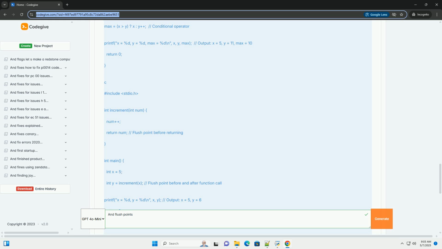Here are the most important situations where flush points occur. End of a full expression. A full expression is an expression that is not a sub-expression of another expression. This is often the easiest to identify. A full expression is typically terminated by a semicolon. Examples: x = y + z; printf("%d\n", x); return 0;